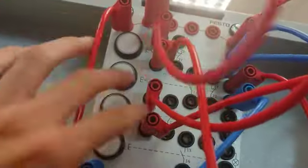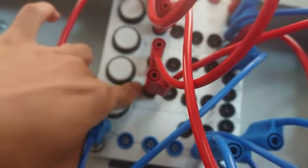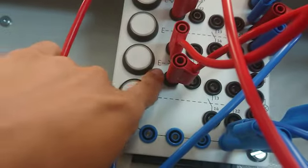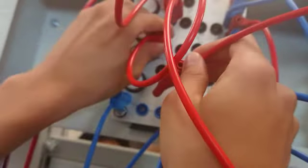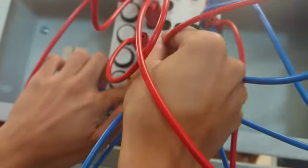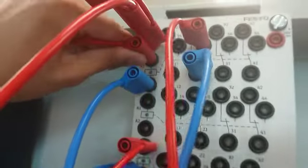Not the first switch, this first. It will connect to the temporary switch, the trigger switch. This is the input from the power supply for the first switch, and this is the output. The output for the power supply will be connected to the first